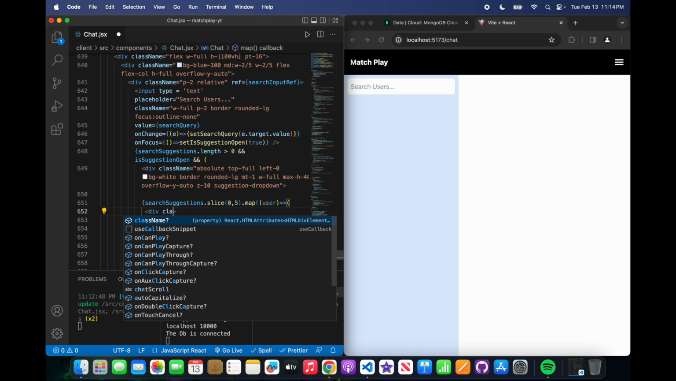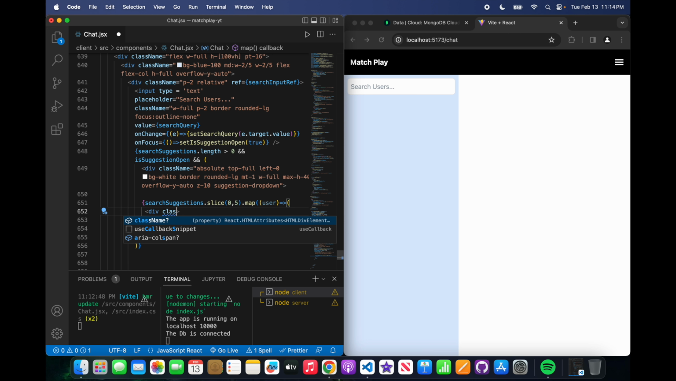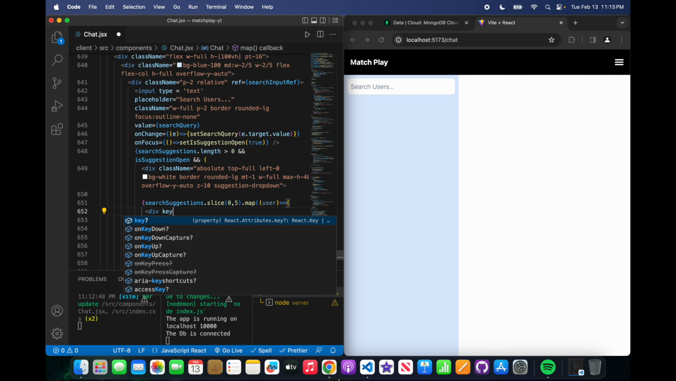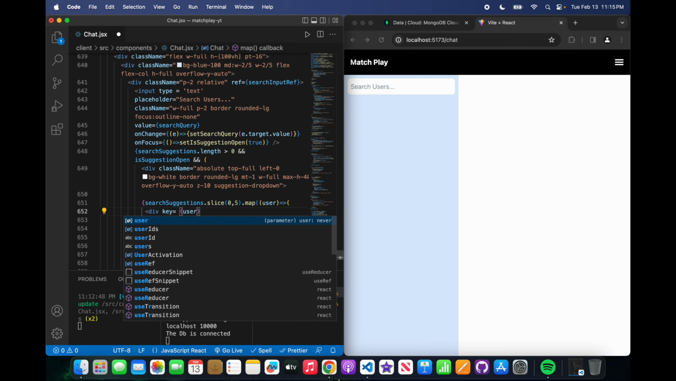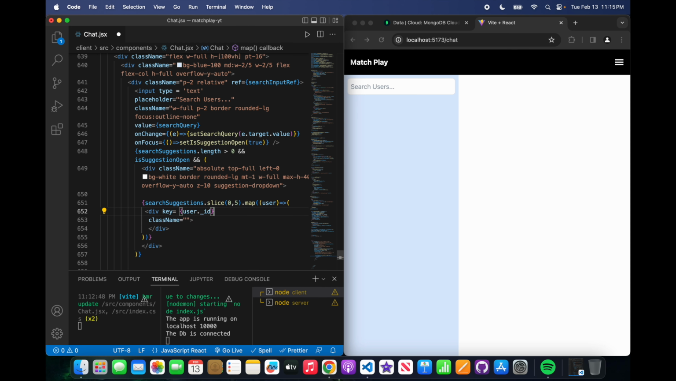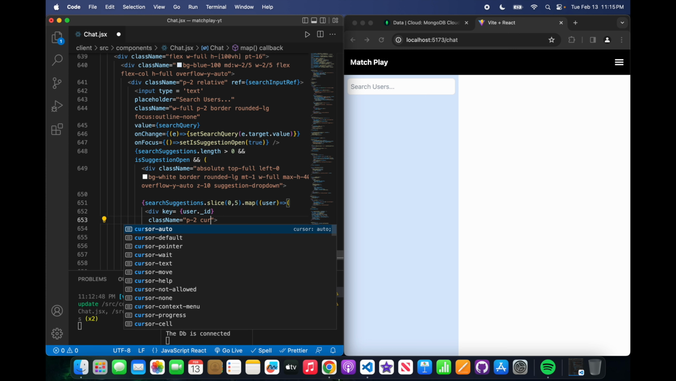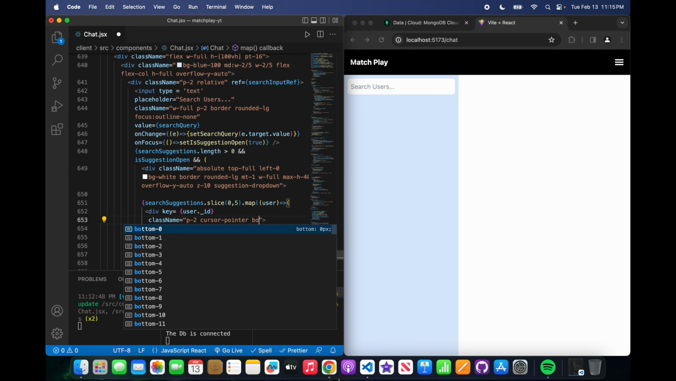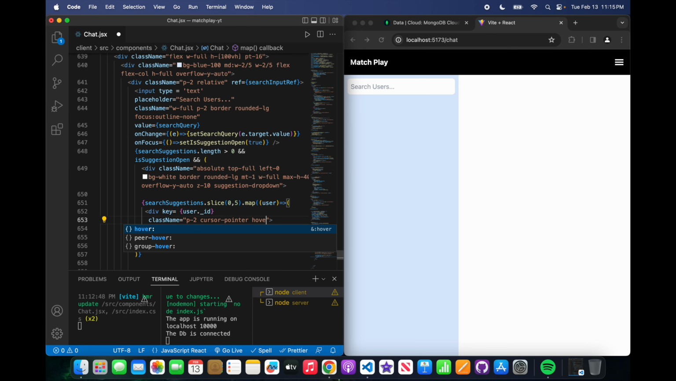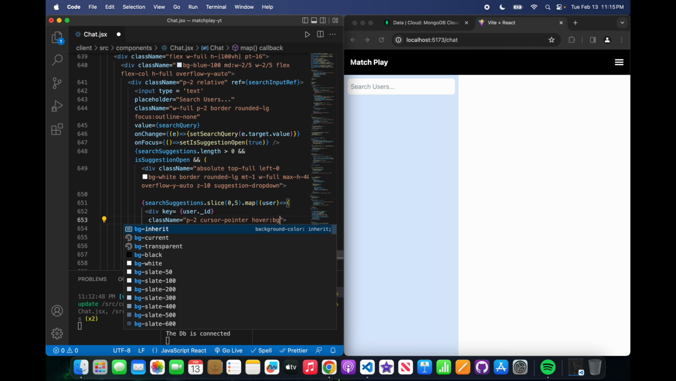Cool. All right, and now this is going to be class name, and this class name is going to be actually, let's do the key first. Div key is going to be user dot id, and now the class name is going to be pattern of 2. We want the cursor to be pointer, to hover. So when we hover over it, we want the background to be gray,